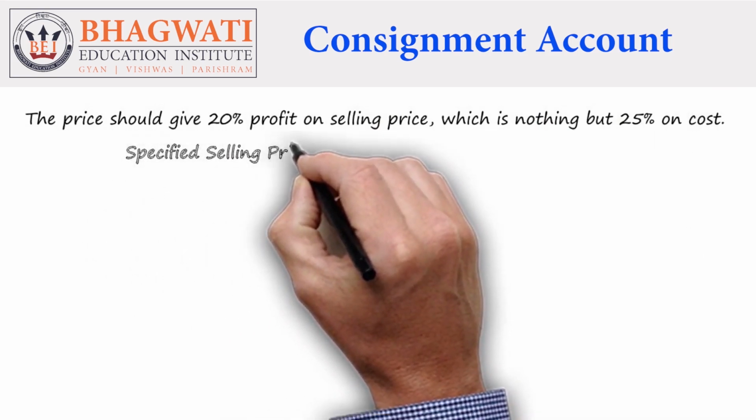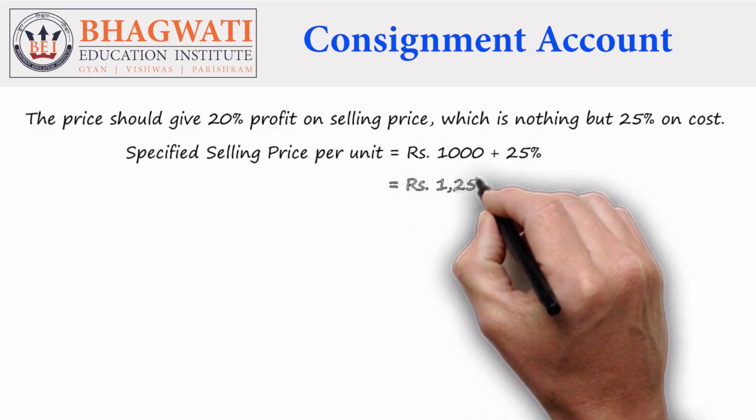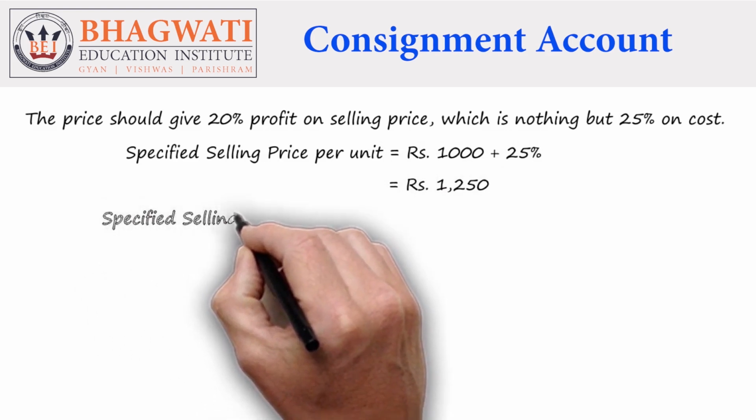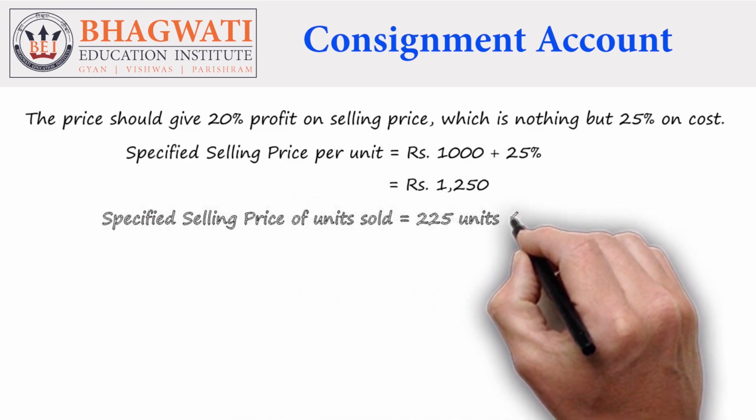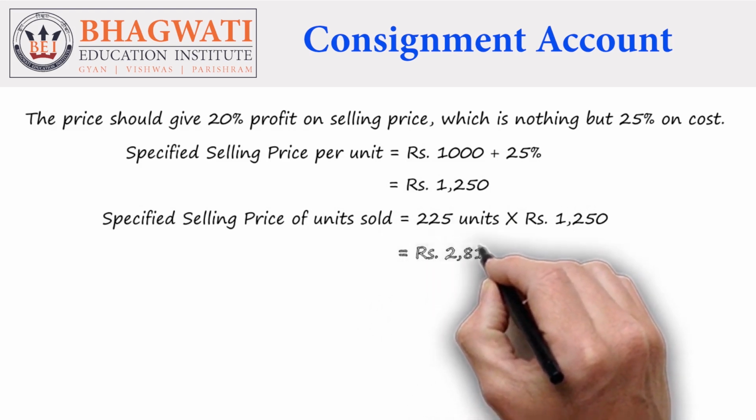Clear? So specified selling price per unit will be 1000 plus 25%. Why I am calculating per unit? Because they have given number of units and price per unit. So first of all, I will calculate what the consignor intended to sell this particular product at, and now my specified selling price per unit is 1250. Let us calculate specified selling price of units sold. So 225 units into 1250. Whether I have sold goods for cash or credit, total sales 225 units into 1250. So the specified selling price was